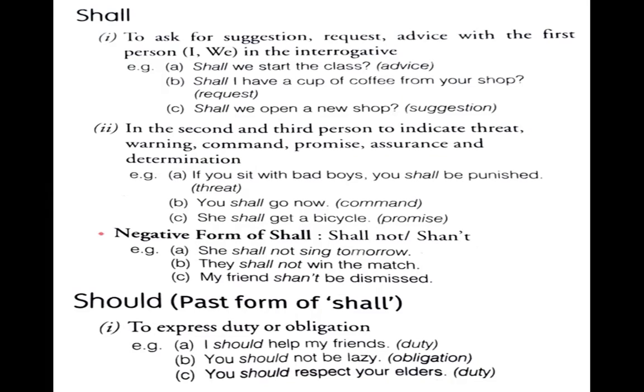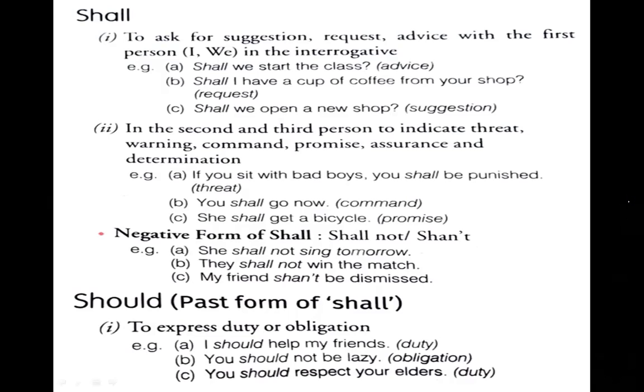How do we apply these? Right? So, in interrogative sentences, shall is used with I and we. Otherwise, according to grammarians, this shall has vanished from English. We don't use this. Now the next rule is, in the second and third person, to indicate threat, warning, command,